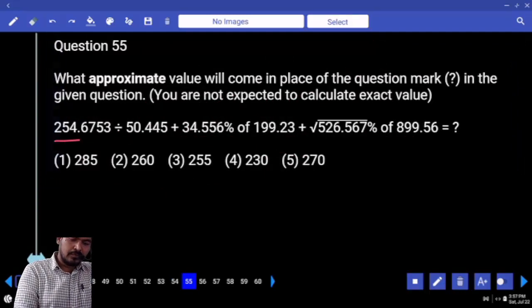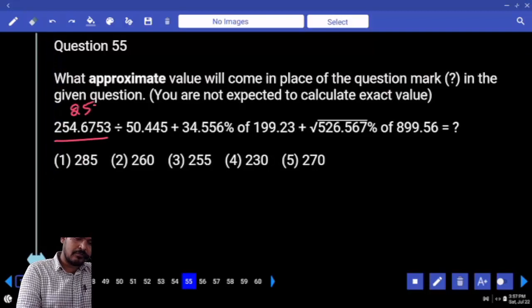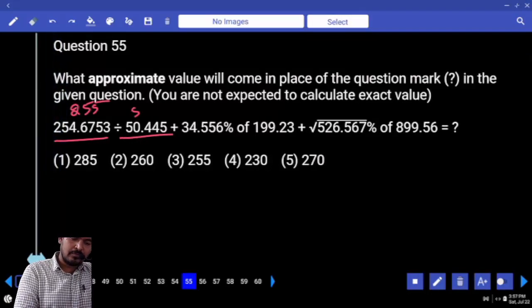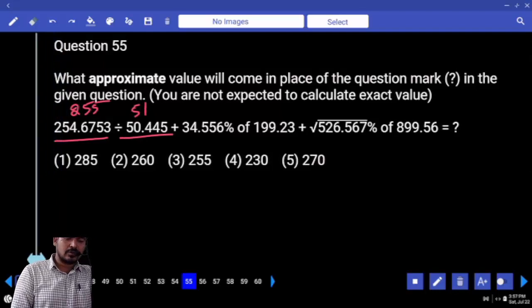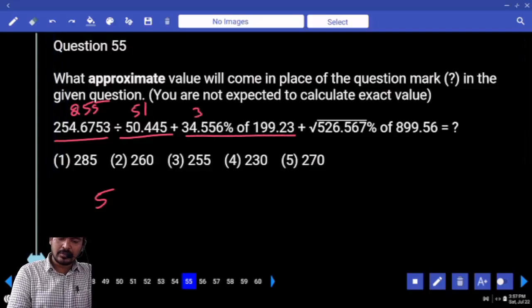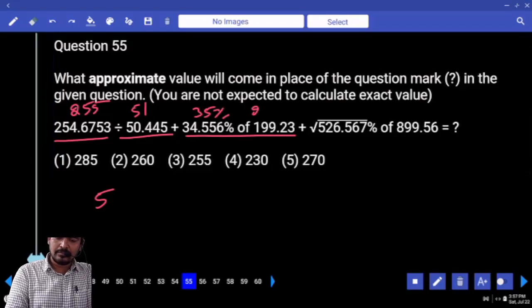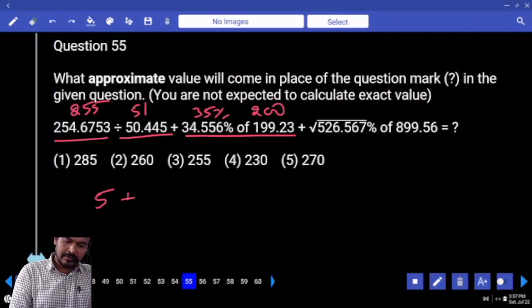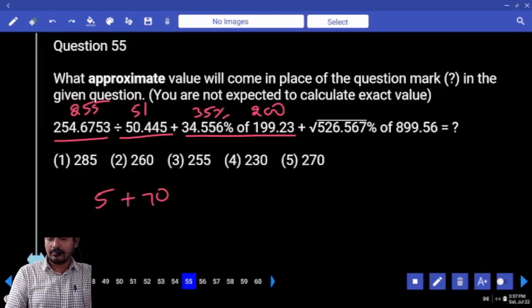First one, 254.67. It is considered 255 divided by 51. Almost how many times? 5 times. Second one, 35% of which one? 200. What is 35% of 200? 70. Next, square root of